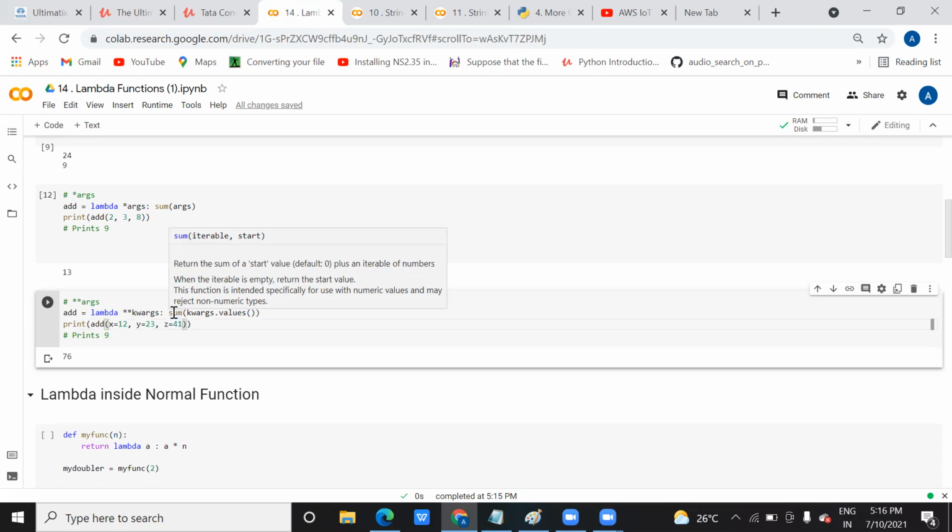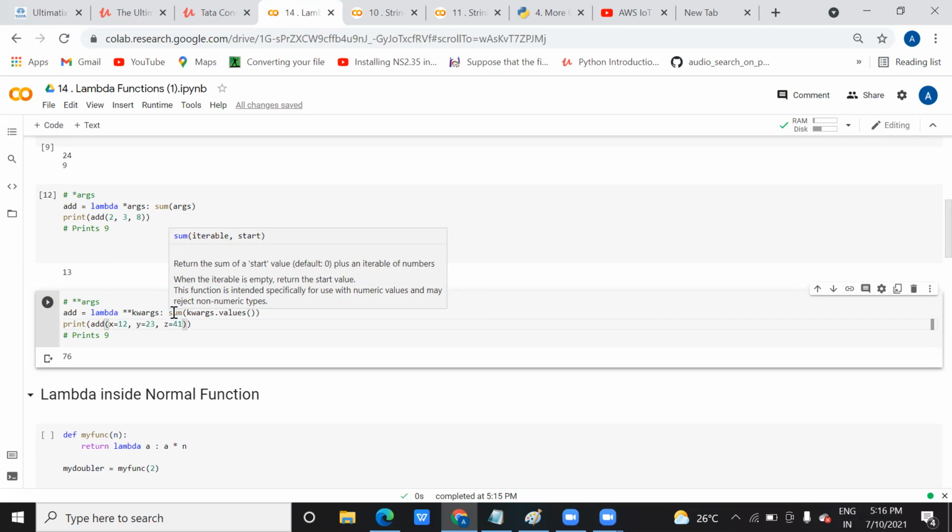Iterable format in the sense that, as you know, a keyword argument is a key and value. So whatever is the value for that particular key at starting index 0, it will iterate based on that starting index 0 and print it. As you can see on my screen, it returns the sum of a start value, default 0, plus an iterable of numbers, means it will iterate from 0 till 2, right? Because here 0 will be your index, means value 12. At one iterable the value will become 23, and at the next the value will become 41.